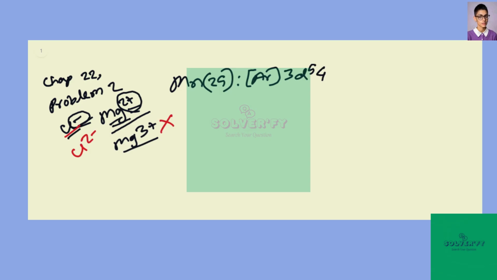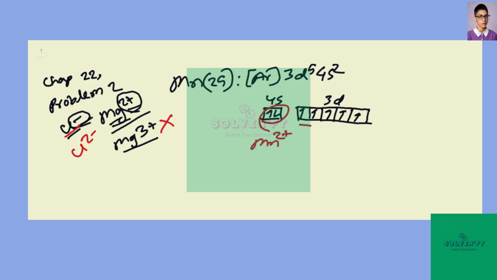3d5 and 4s2. If we write these electrons in box form, this is our 4s2 box, and here is our 3d box, and we know that we have five degenerate d orbitals, and 4s has only one orbital where two electrons lie in opposite spin, and in the d orbitals, manganese has five unpaired electrons. So when it is forming a compound, it can either get rid of this two 4s electrons to become Mn2 plus,